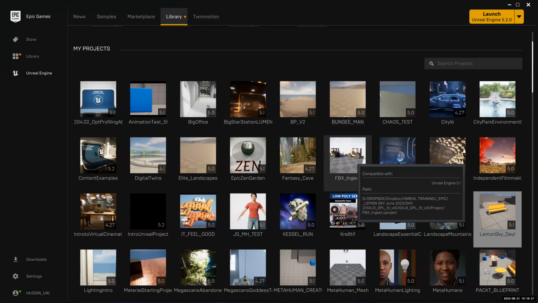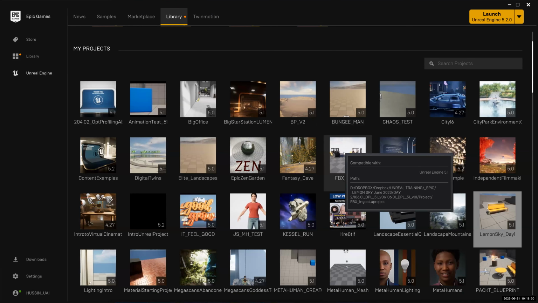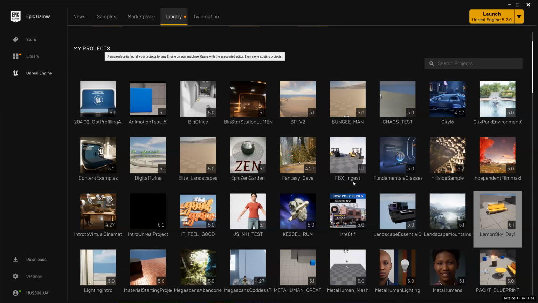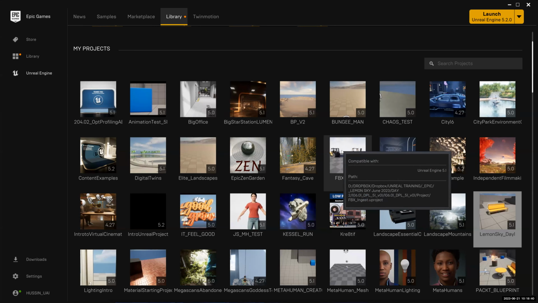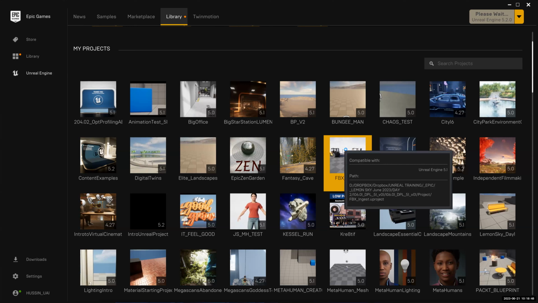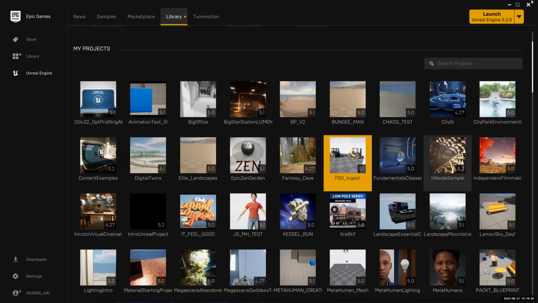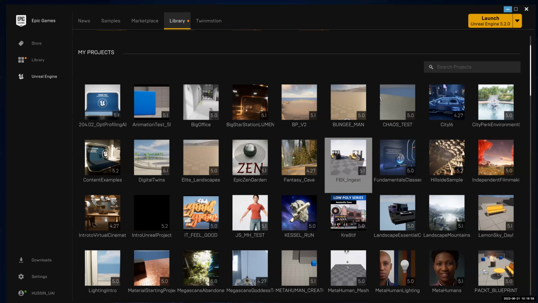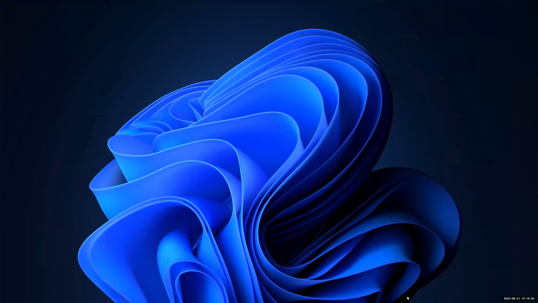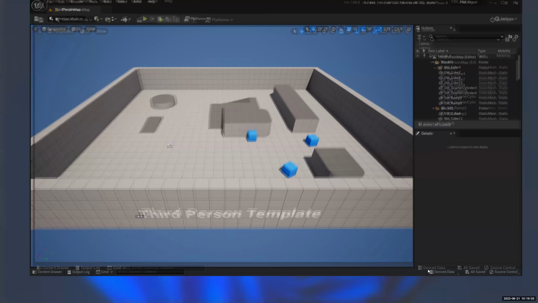So if you have loaded up your file that I will pass to you, it should be in your list under My Projects. Yeah, so it's called FBX ingest. It's running for 5.1. And if you hover your mouse on it, you can see where it is exactly located on your hard drive. Okay, this is just for future reference. And all I need to do is just double click. It'll take a couple of seconds and it will open up. I can minimize this. It opens up on the other screen. Okay, so this is the project file that we are going to work with.